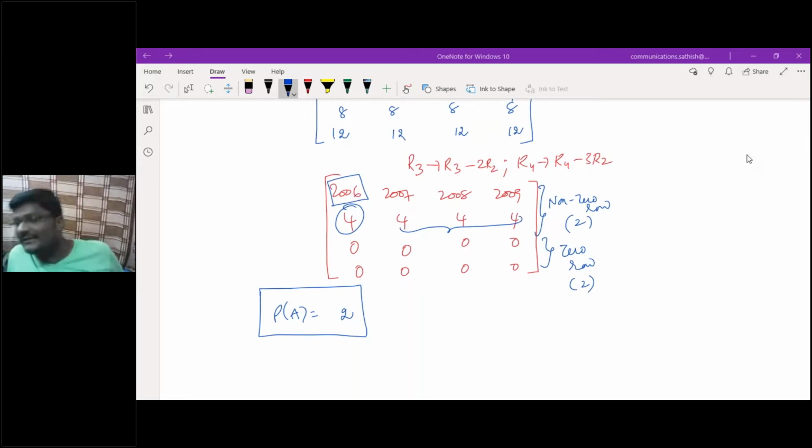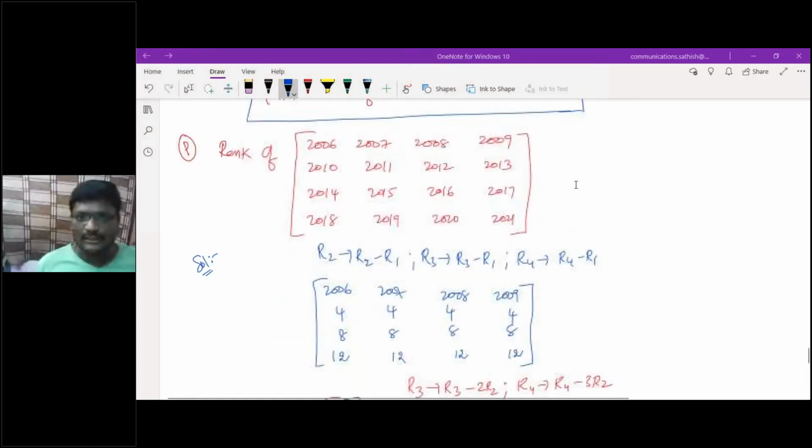Third order also, if I eliminate the last row and the last column, as you said, let us say as an example, that is also a good approach I'm following. If I remove this last column and this last row, I'll have here 2006, 2007, 8, 10, 11, 12, 14, 15, 16. In that case also the determinant is 0, right? Yes, sir. Am I correct?